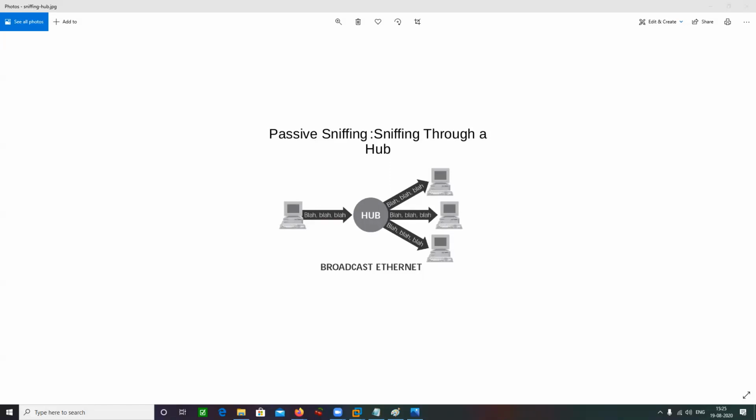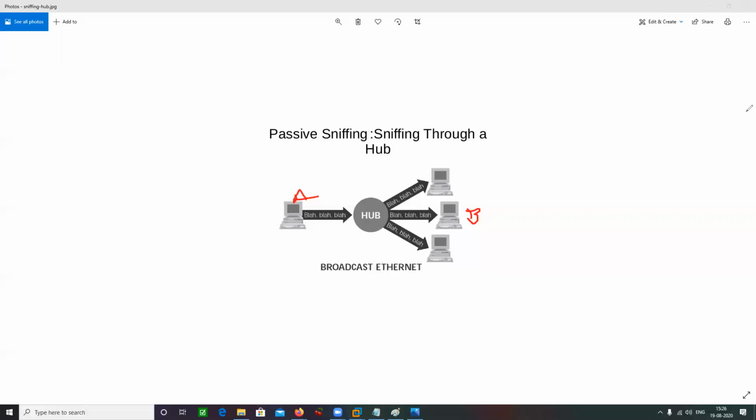Hub is simply going to broadcast the data to all of the interfaces. Let's say there are two devices, Alice and Bob, connected to a hub-based network, and they're having some communication. This is your Alice, and this is your Bob.